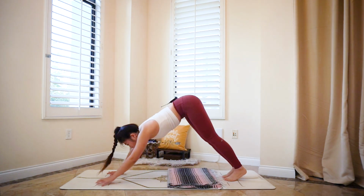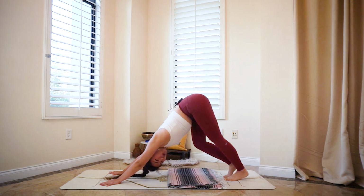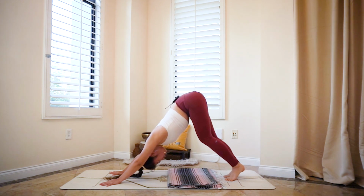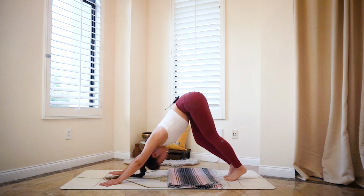Amazing work. And from here, we are going to go a few rounds of Sun Salutation A with and without vinyasa. And if you don't know any of the words, don't worry about it, because you just need to be here, follow along, go with the flow. The names, the terms are very secondary. You don't need to know any of it. Just know that you need to sync up your breath and your movement, because cardio,